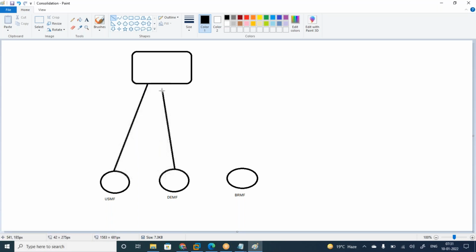You are going to copy the data from here to here. Understood?